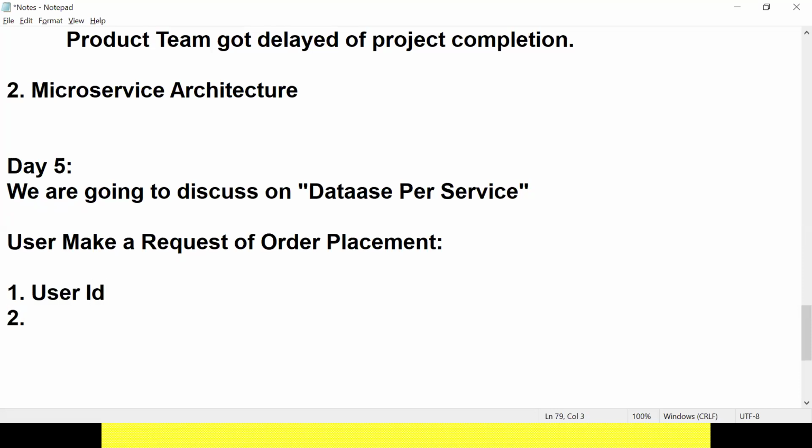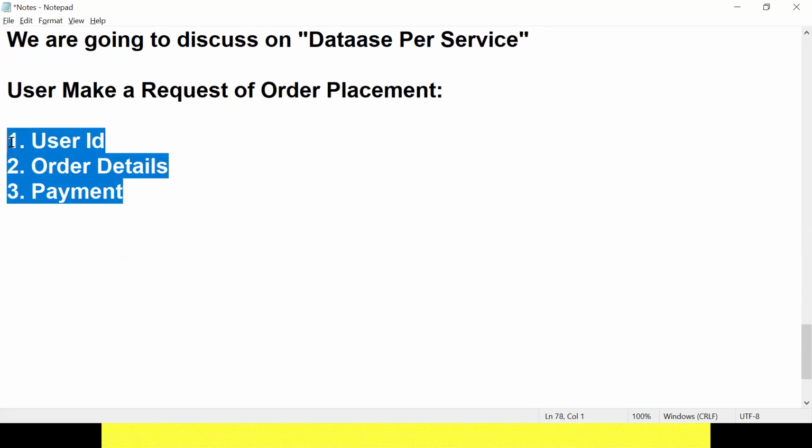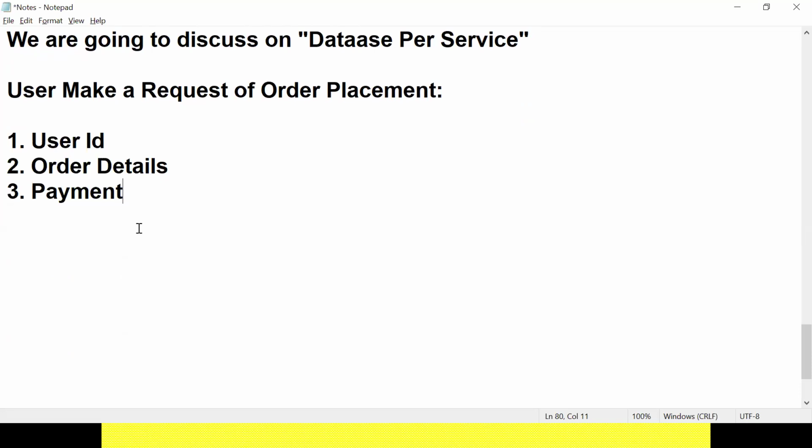Second one is order detail. Third one is payment detail. All these are your single response, single request. Am I right or wrong? Everything combined together, we make a request as a single request object. Is it correct? Yes. Is it correct or wrong? Correct. Now, what I will do, step one,